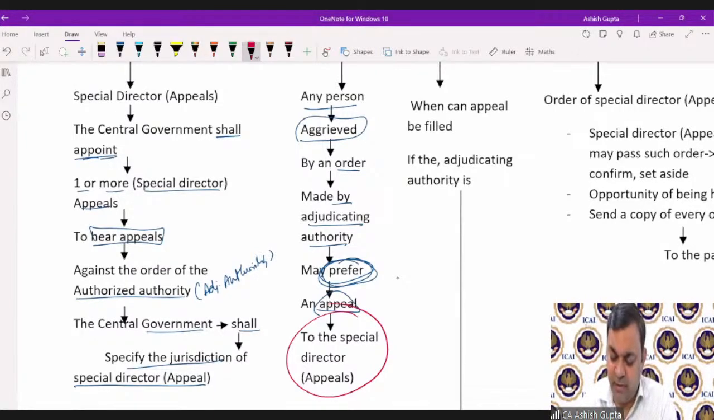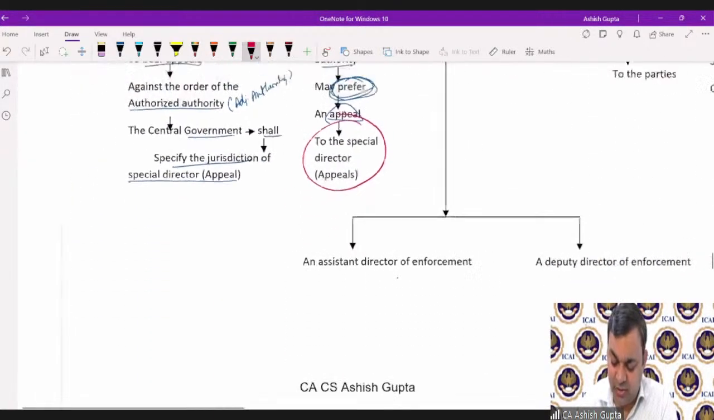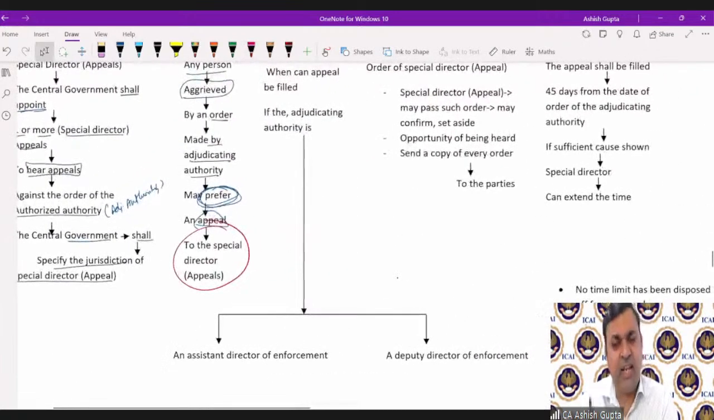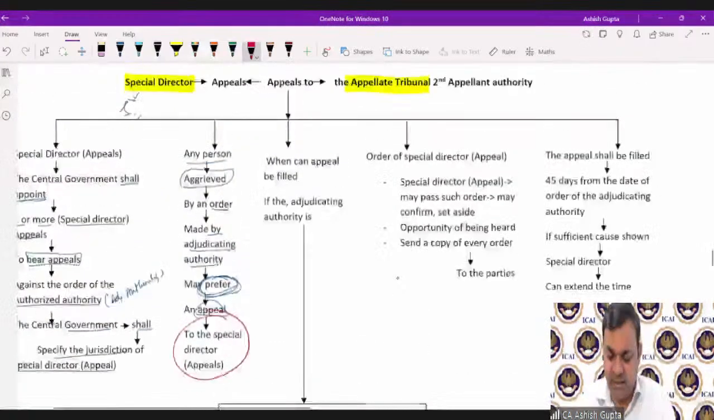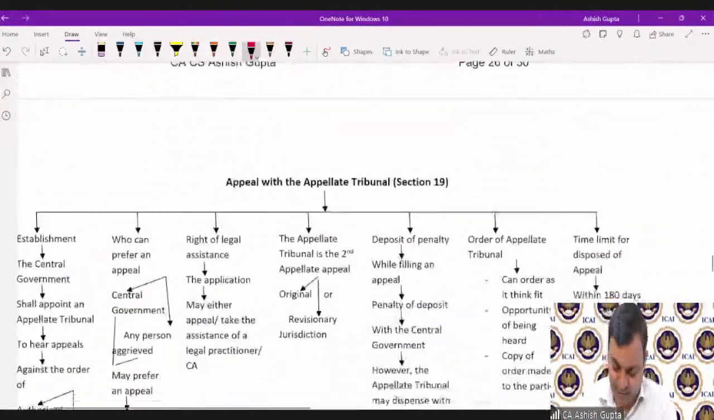When can appeal be filed? If the adjudicating authority is acting as an assistant Directorate of Enforcement or deputy Directorate of Enforcement, in that case you can apply to the Special Director Appeals. Now listen carefully, it means if the adjudicating authority is acting